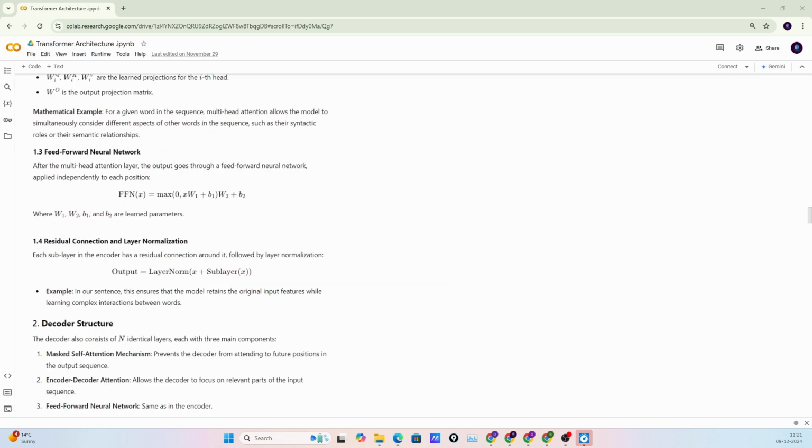And after this multi-head attention, we have the feed forward neural network. The feed forward neural network is the simple neural network which I discussed in my prerequisite video also. We feed the data, and that data passes to the activation function and then produces the output. I already covered these operations in my previous video. First we feed the input from here, then pass the information through the activation function and also use the weight.